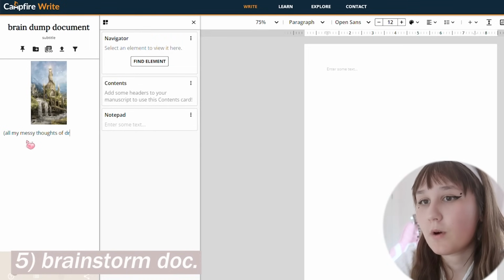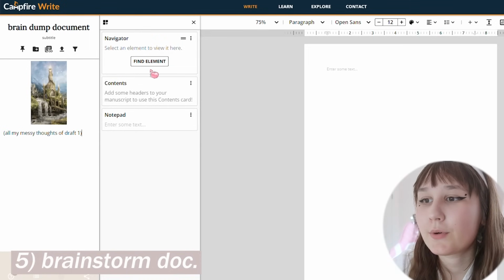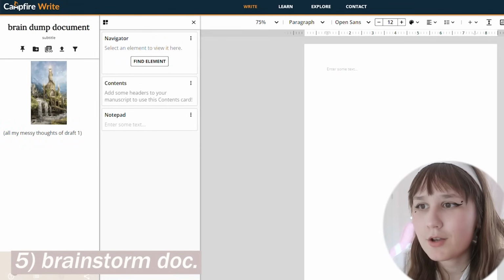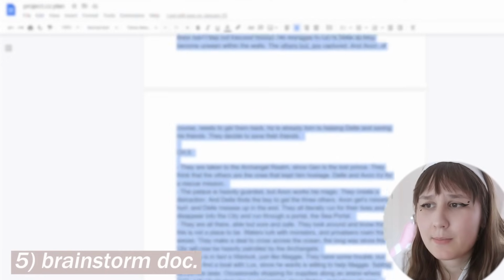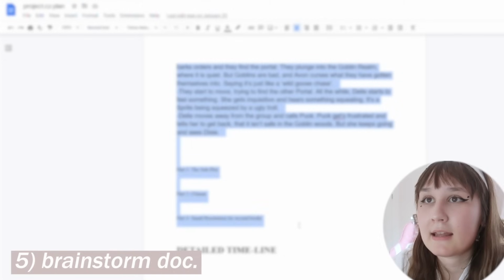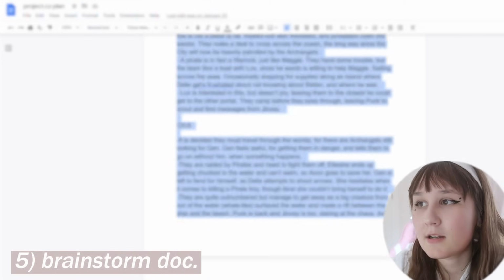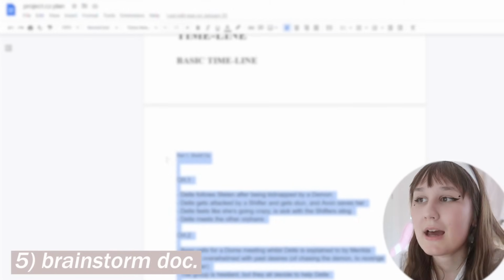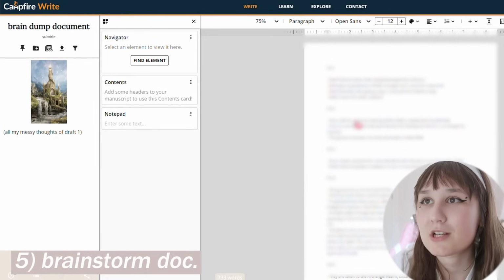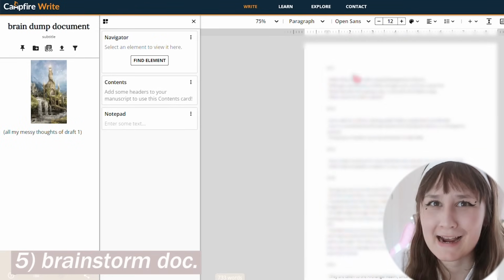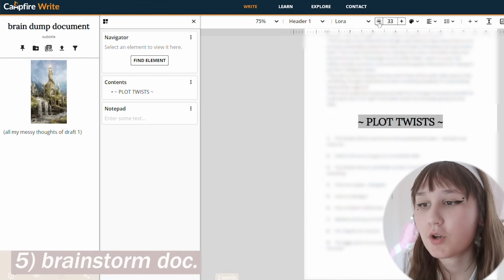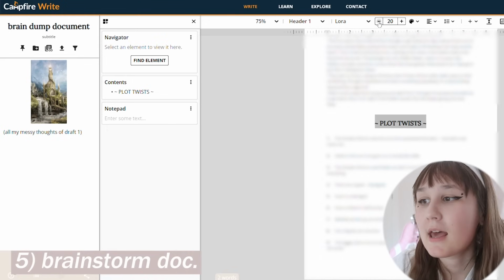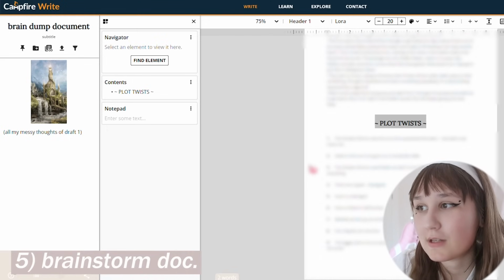of draft 1. So I'm going to pull a lot of my chapter word dumps, build up ideas, my subplot, every little thing. And the main thing that I have in my brain dump document is just thoughts. So that includes this messy thing. And I might be blurring a lot of stuff out just because it's my plan and it's probably very messy. I don't want you to see my mistakes. But also plot twists are so great. I have a whole bunch of plot twists that I'm going to be copying and pasting into this document